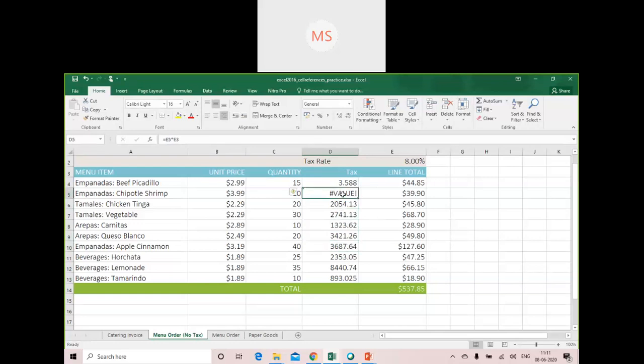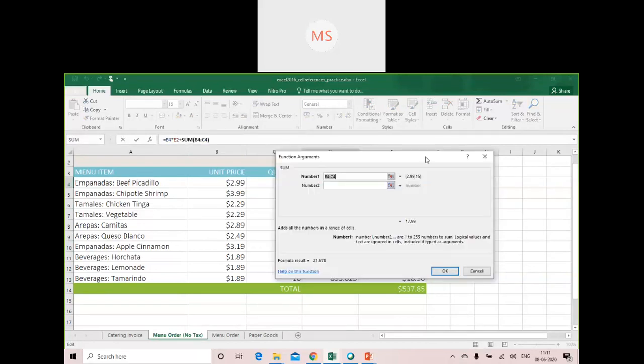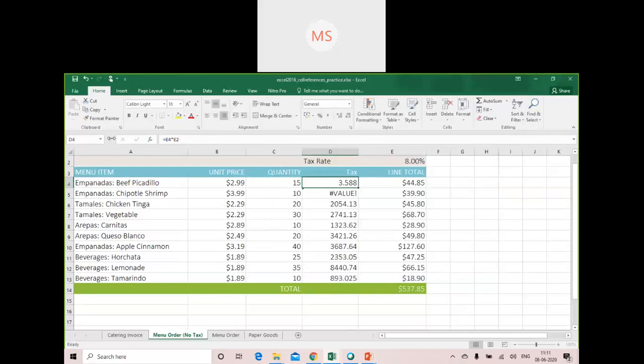Now here why has it given an error for E3? Because when I am doing the calculation, E4 is multiplied by E2, where the value of E2, as you can see here, is 8%. But in this particular example, it is multiplying it with E3.